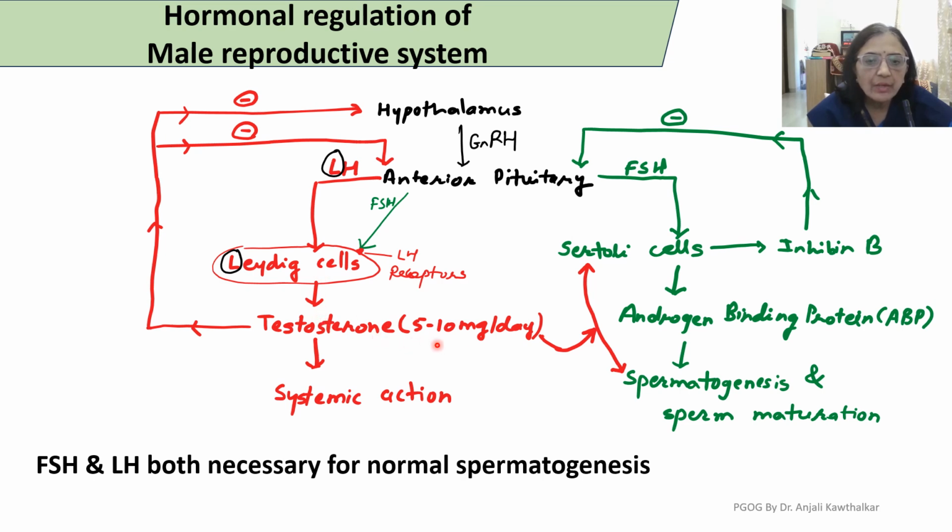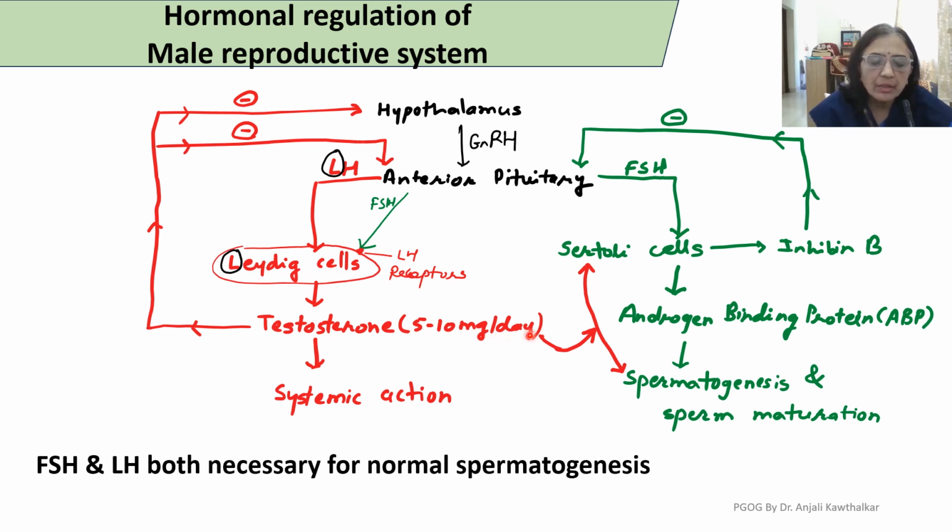The testosterone secreted is 5 to 10 milligrams per day. Now this testosterone, as you can see here, has three actions. One we have already seen: it has a negative feedback action on the hypothalamus as well as the anterior pituitary. Second, it has a systemic action on the various tissues in the body, the androgenic activity and function of testosterone. Third action of testosterone is